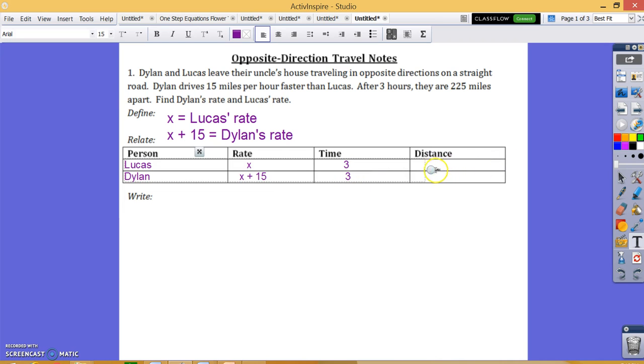And then again, distance is always rate times time. So my distance for Lucas is going to be 3x. And my distance for Dylan is going to be 3 times the quantity x plus 15. Now I need to write an equation. Well, from the picture that I showed, I know that